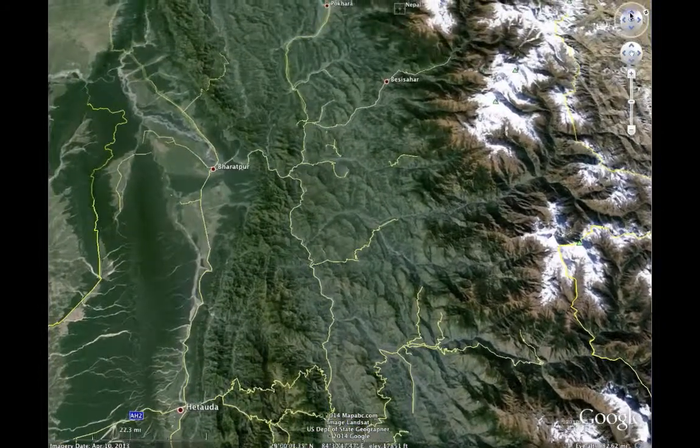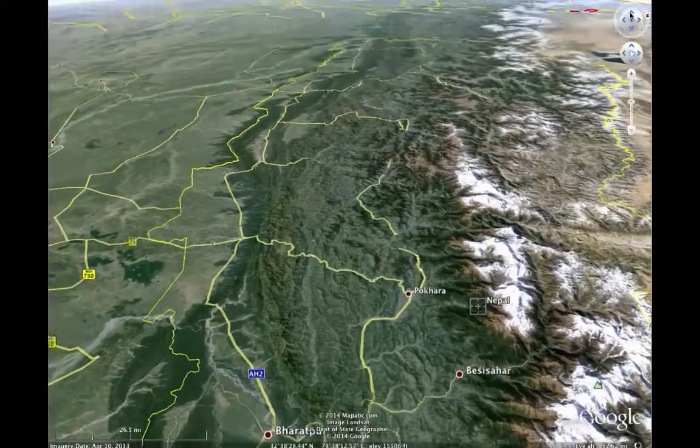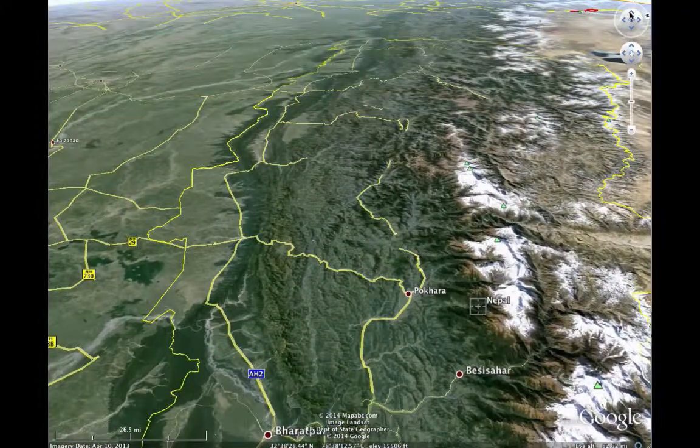The bright yellow line is the national border. And from here, again, we're 80 miles up and pan to the north and see into Tibet,